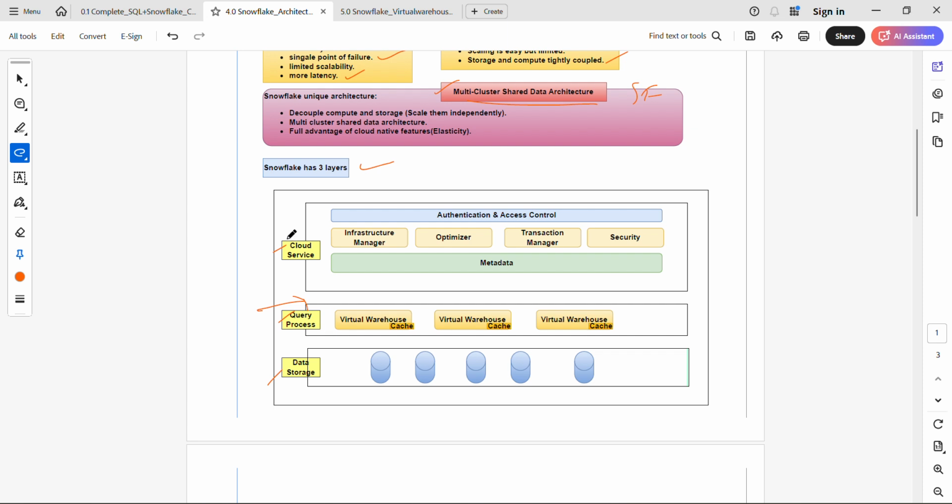This one is the main services. It will control everything. Like when any person tries to access our Snowflake account, first it will authenticate. If you are utilizing any virtual warehouse, okay, so